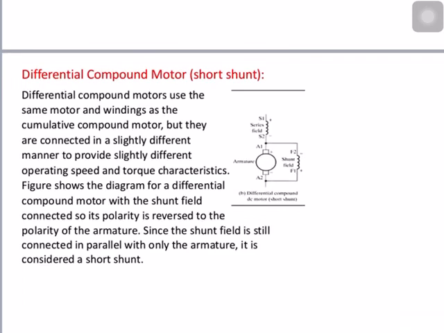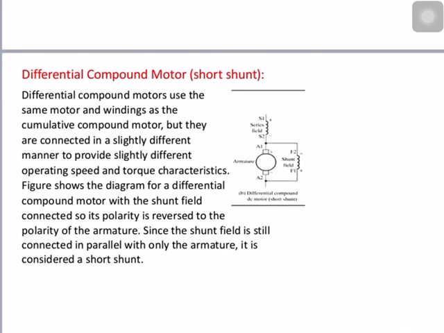And if you notice here in this diagram, F1 and F2 are connected in reverse polarity to the armature, and in the differential compound motor the shunt field is connected so that its magnetic field opposes the magnetic fields in the armature and series field. And when the shunt field's polarity is reversed like this, its field will oppose the other fields, and the characteristics of the shunt motor are not as pronounced in this motor.